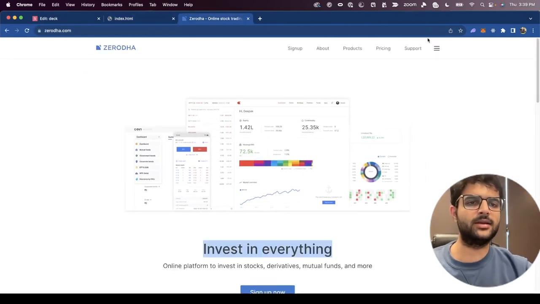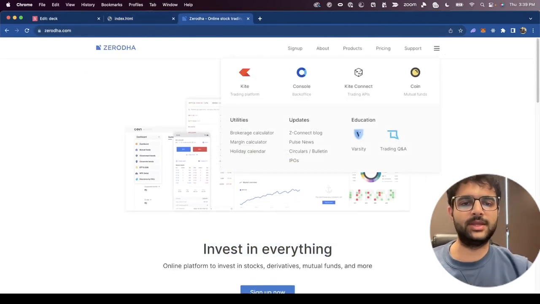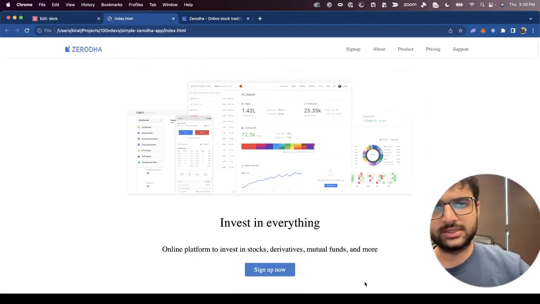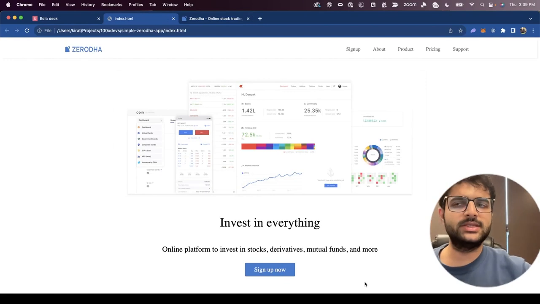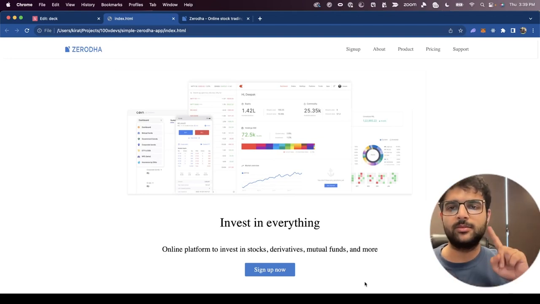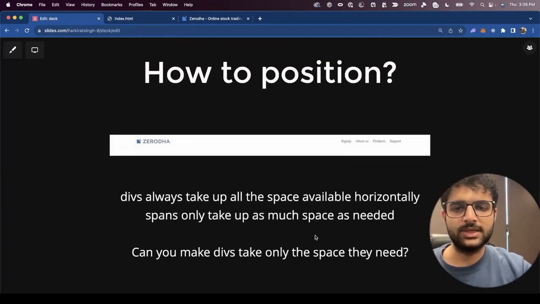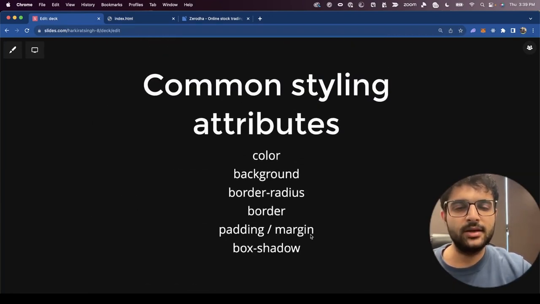There's a hamburger icon. If I click on the hamburger icon, something opens. If I hover over this, the color changes. If you hover over mine, the color does not change. Still a few things to do. Some of these things can only be achieved via JavaScript. Some of these things can be achieved via CSS. But this is a great checkpoint to understanding all the styling attributes, which was basically these things right here,